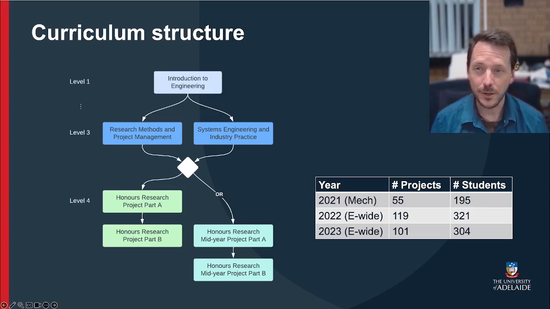So just as a little bit of broad context about our honours research project course, it follows a chain of professional practice courses through the 4 years of the engineering undergraduate curriculum. We've got a single level 1 course, which is Introduction to Engineering. We have 2 split courses in level 3, one is research methods, the other is more focused on systems engineering. And at the successful completion of all of those, plus your other technical coursework, in level 4 you take a year-long or 2-semester honours research course, and this is 25%